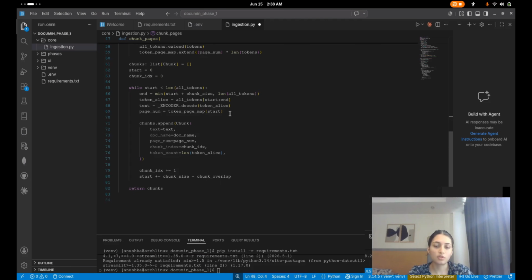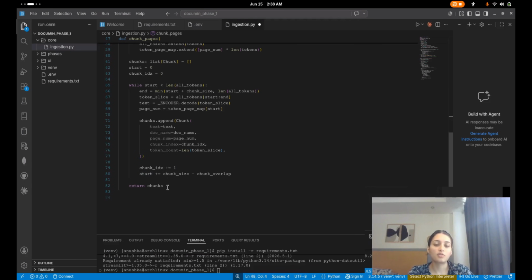Then when we come to chunks.append, it's appending the text, doc name, page, chunk index, and token count. Then it's just chunk index plus 1. It's adding 1 as the loop goes on, and the same with the start value. And we want to return chunks. So this was our chunking function, the main part of the function. Now let's get on to